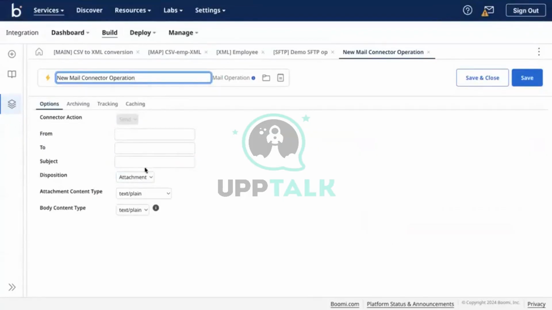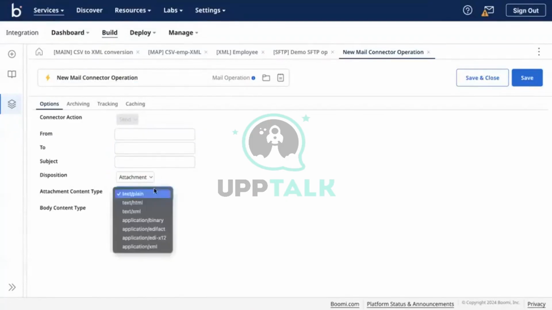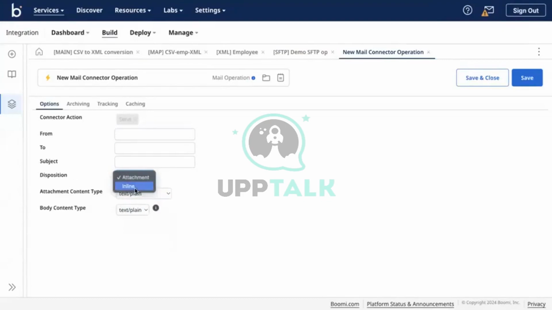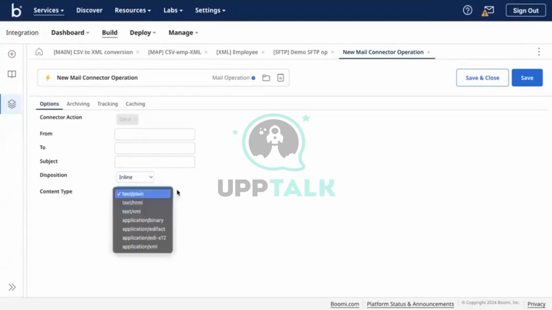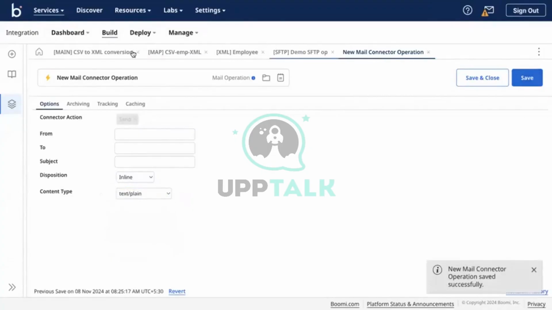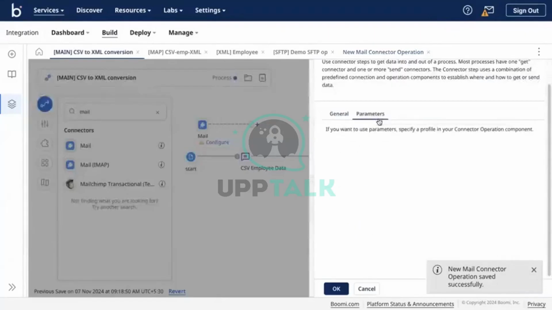Do not enter anything; usually avoid entering anything in your operation here whenever possible. If you want to send as an attachment or inline, you can select that, and the type from plain text to HTML. Let's just keep it simple for now. Once this is set,